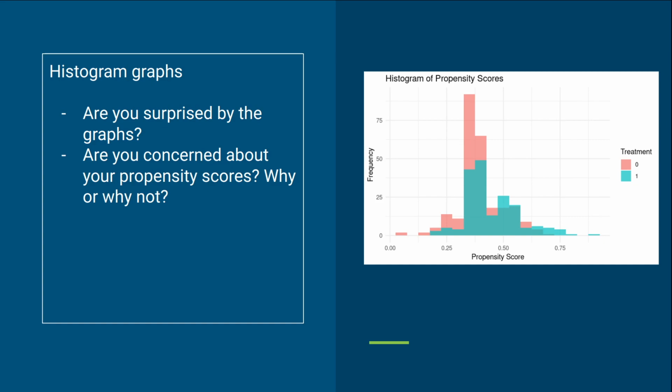Ideally, we should have been seeing more of the people in the treatment group towards the right side. That is, we should have been seeing people in the treatment group with a higher propensity score. So we are a bit surprised that the propensity score is actually here,